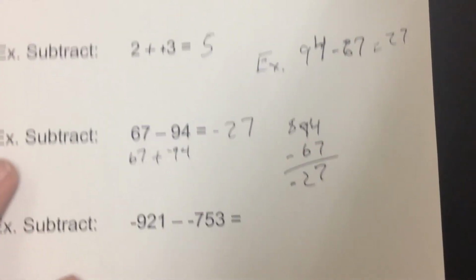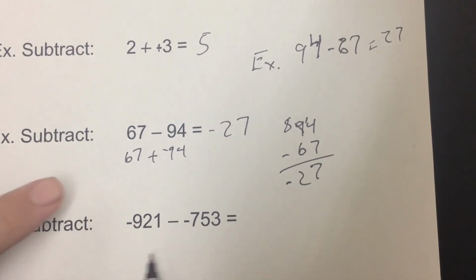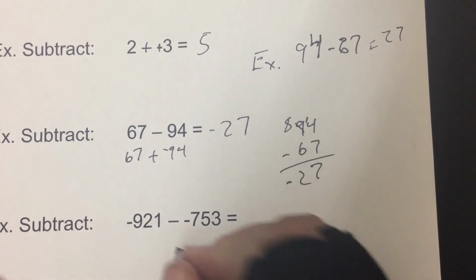Here's one where, again, they're both negative. Our bigger negative is to the left. So if we had just 921 minus 753, we'd get an answer. Same idea here, only it'll be negative. So